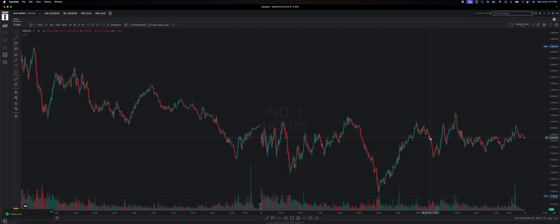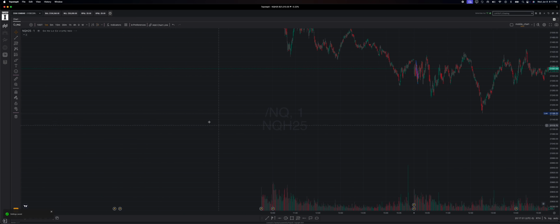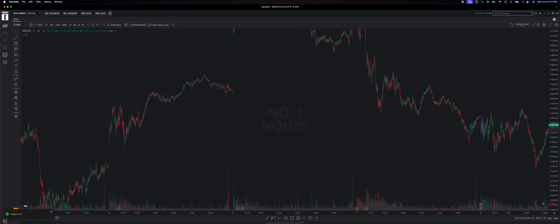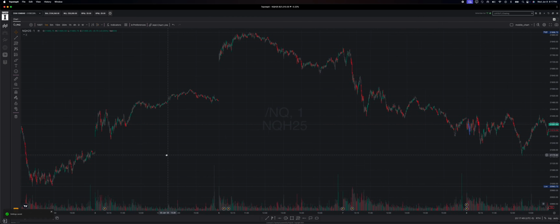Now, when I say settlement, some of you guys might ask what I mean by settlement, and I'm going to explain it here. So if we go to the minute chart, we see that this is on a regular trading hours chart. We see that yesterday, January 6th, well, this level is actually from January 2nd. This open price here,